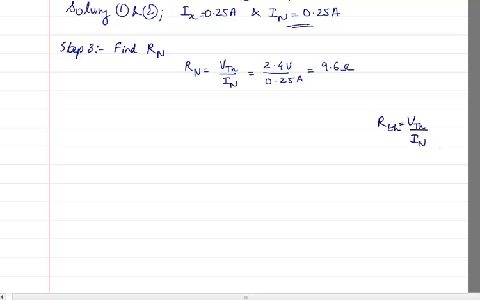Same equation I would have used. Why? Because Rth and Rn are both the same. Now where did we get this idea? Again, let me first complete this problem and then we will do that. So therefore, Norton's equivalent is